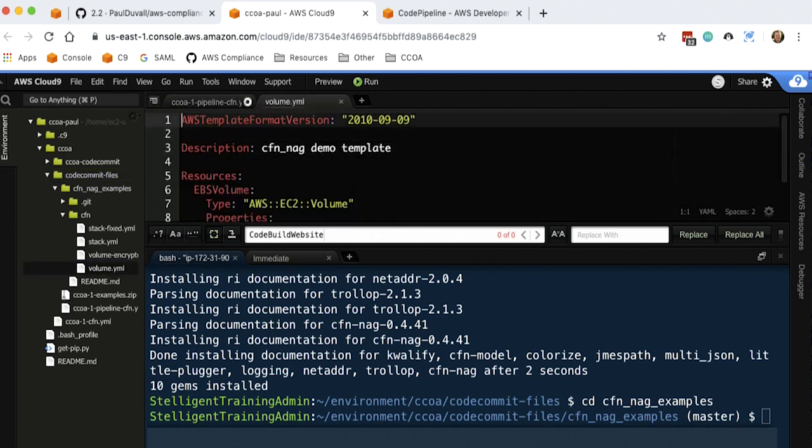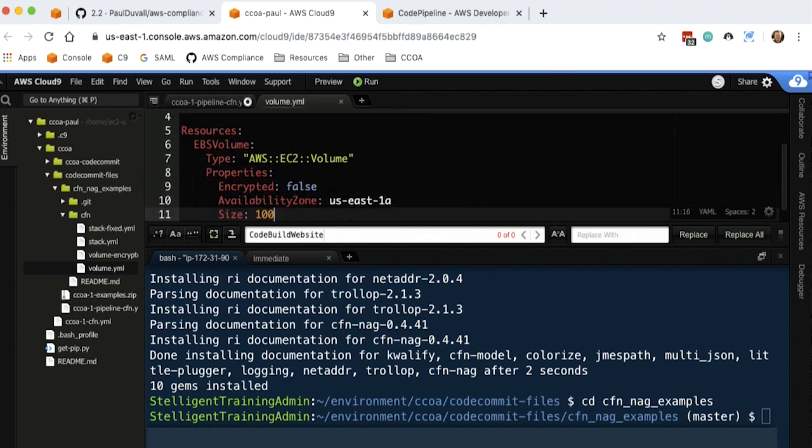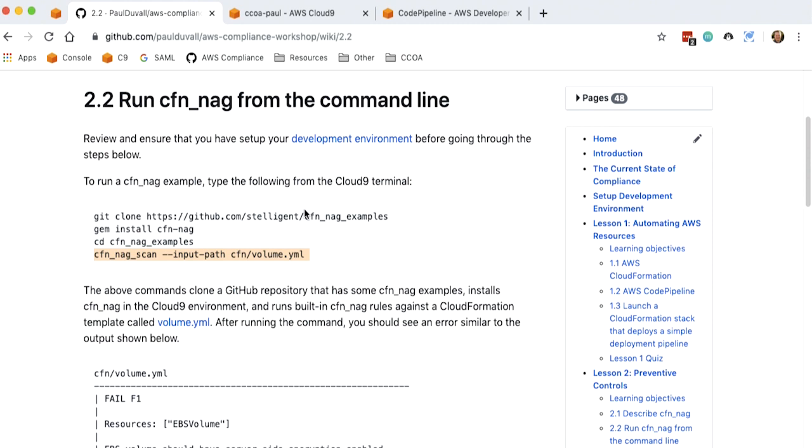And so this is a CloudFormation template, as you can see. I have a description, resources, and this is the key part here, is I have a logical name EBS volume. I'm defining a EBS volume that I can attach. What CFN-NAG does as a part of its currently 45 built-in rules is it looks for that, finds out that